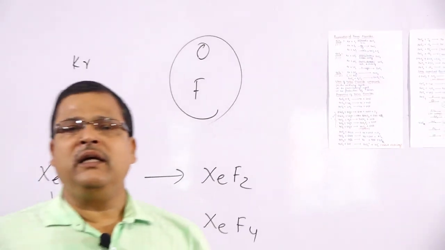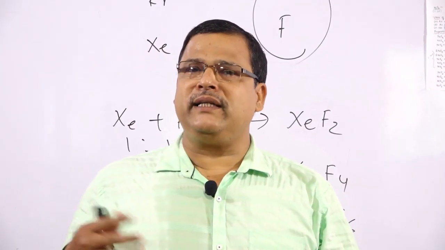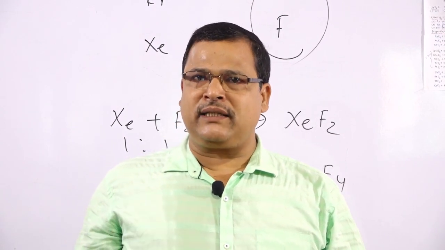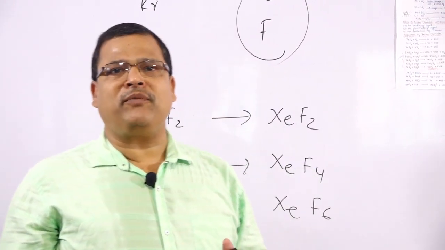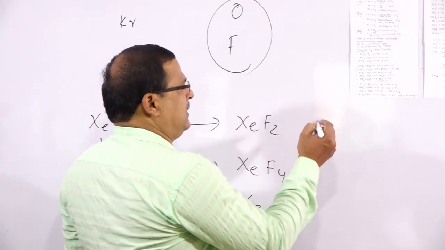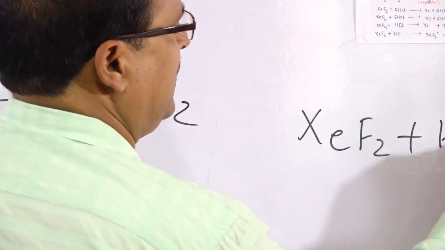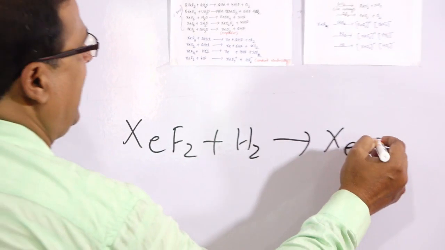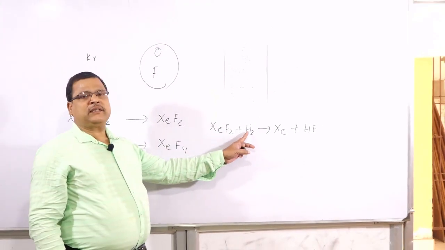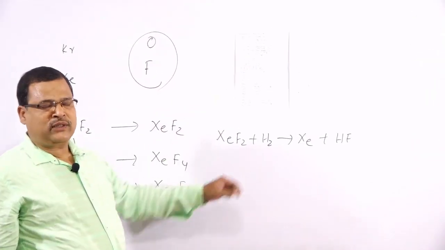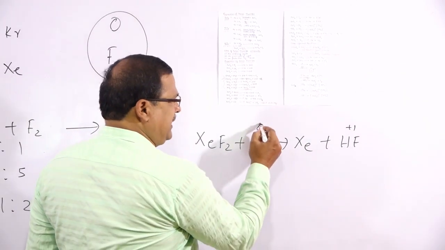We have defined the meaning of oxidation. Oxidation means loss of electrons, that is, an increase in oxidation number. So the oxidizing agent is reduced and it helps in increasing the oxidation number of others. For example, xenon difluoride reacts with hydrogen to form Xe and HF. We have to balance this. Then we will look at the oxidation state of hydrogen. The oxidation state of hydrogen is 0, and in HF the hydrogen atom is +1. So there is an increase in oxidation number.